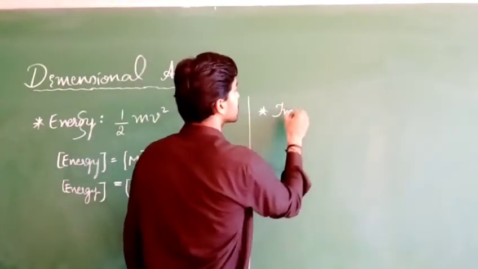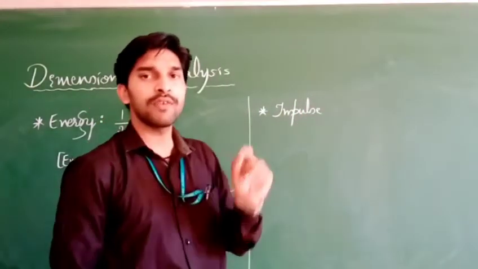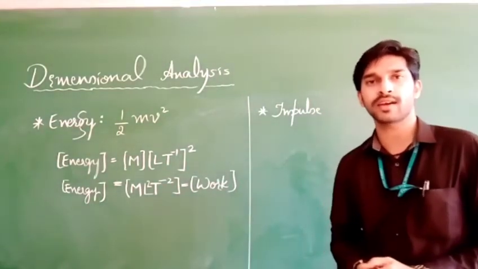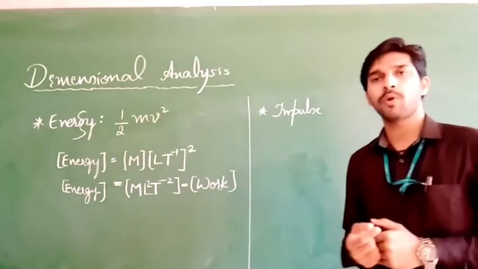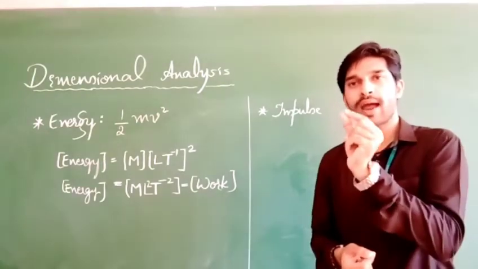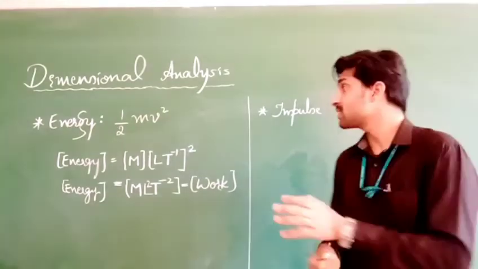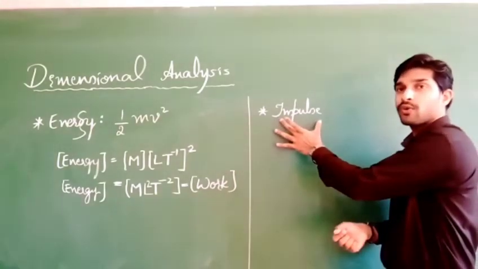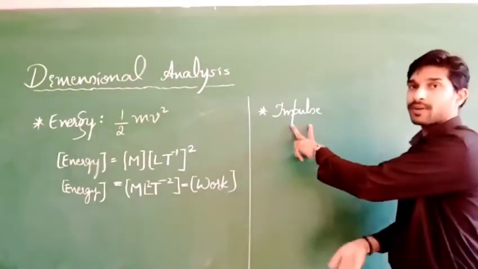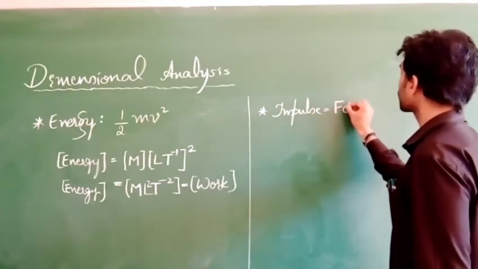So shall we go to one more example? Let us take impulse. First of all I will tell you what impulse is. Whenever you are applying a large force for a very short interval of time, imagine that you are playing cricket. When the bowler throws a ball and you hit it with the bat, the time of contact of the ball with the bat is a very short time interval, and you are applying a maximum force over there. That is nothing but impulse. When a large amount of force is applied on a body for a very short interval of time, that is impulse.